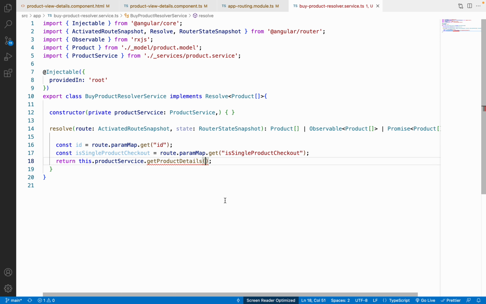And then the next thing that we have to do is use getProductDetails, and we have to pass isSingleProductCheckout as the very first parameter, and then ID as the second parameter, like this. And then at the end we have to use a pipe as well, because if you are following my series from the very beginning, you remember that we are currently storing all the images into a database, and whenever we store any image into a database, it gets stored as a